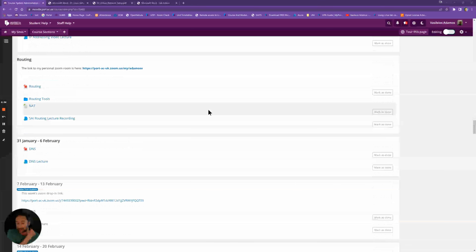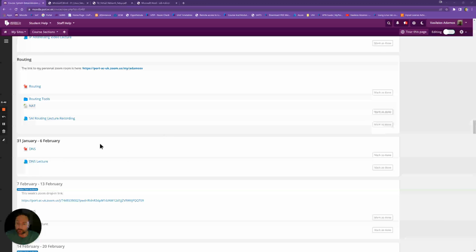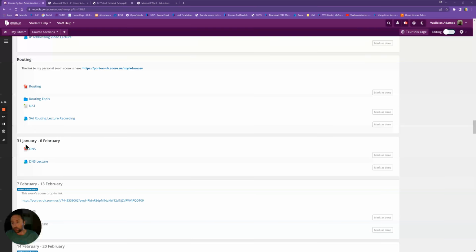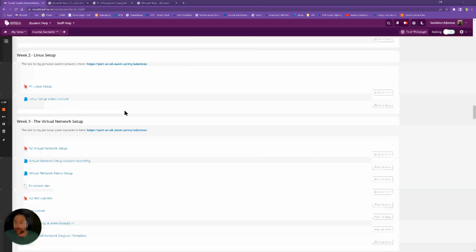Now, as discussed and agreed upon in the first semester towards the end, we agreed that in the exam there would be no DNS related questions, so there are no topics from this last lab sheet in the exam, because not everybody had the opportunity to get there, and since your main source of revision is your logbook, if most of you haven't done the DNS lab sheet, then you can't really revise from it, and it wouldn't be fair to everybody. So we will be dealing with the first three lab sheets available, and I'll go through them